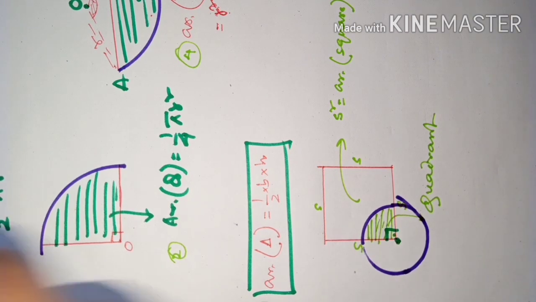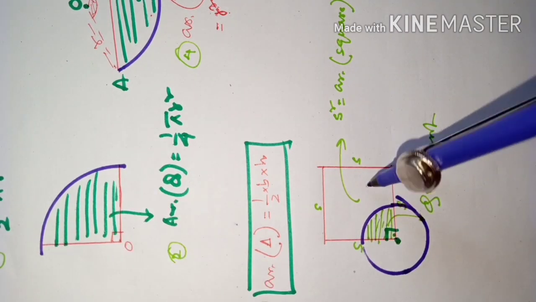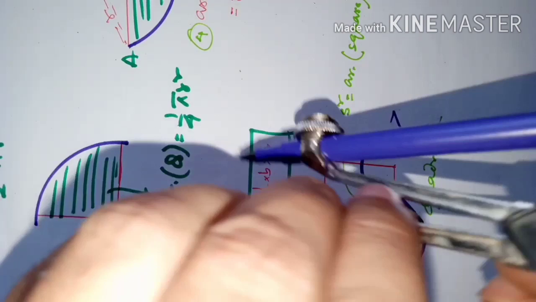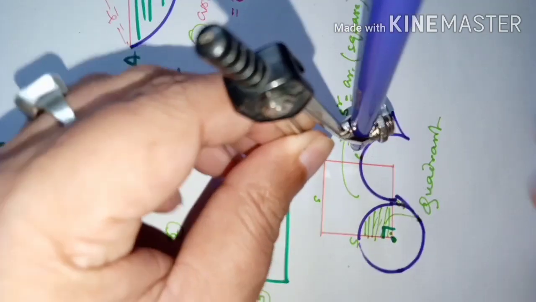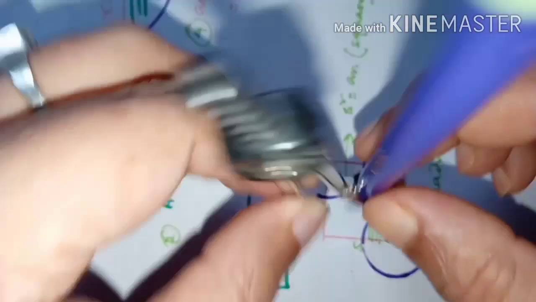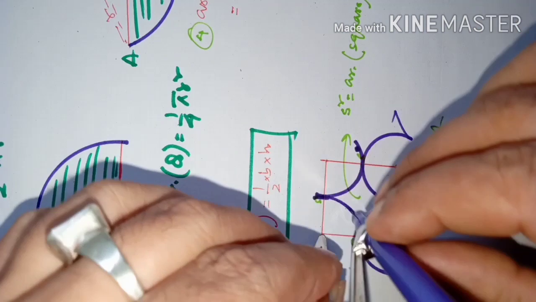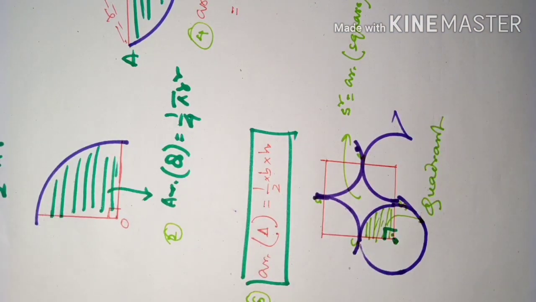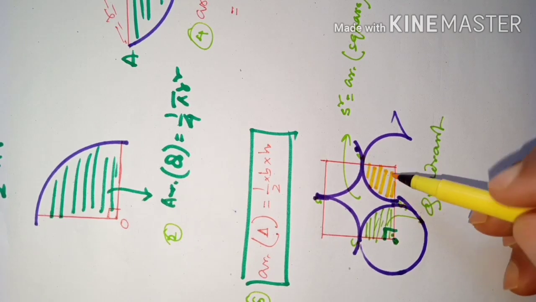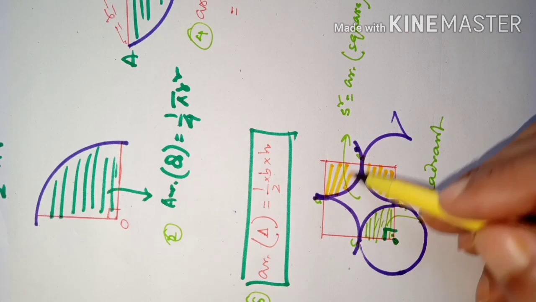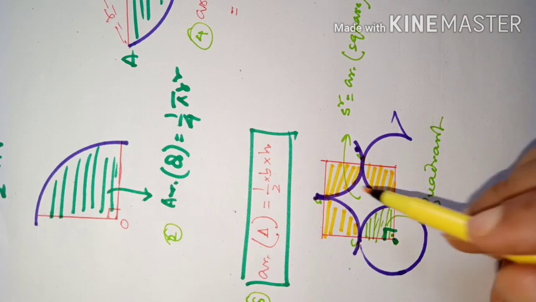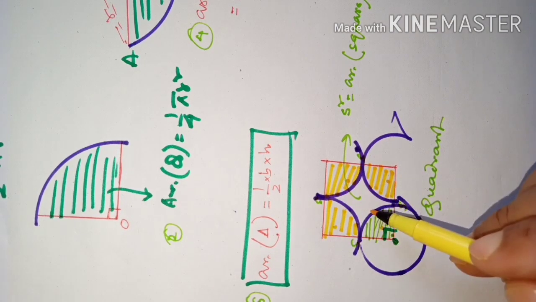Suppose I draw one more circle with this corner as a center, and here will be one quadrant. If this corner is a circle center, if I draw one more circle, here I will get one quadrant. So when we draw like this, taking the corners of the square as centers, we will get 4 quadrants. Now these 4 quadrants plus this unshaded part make the complete square.